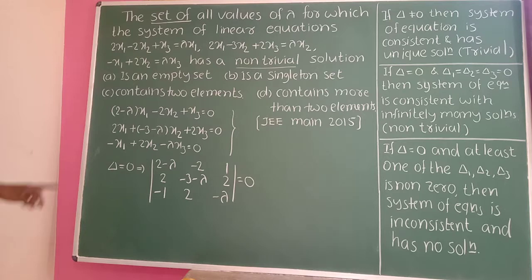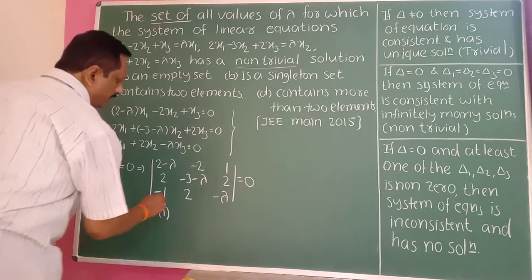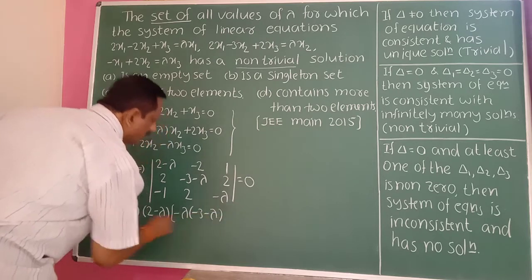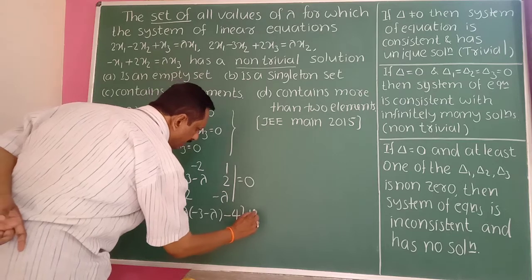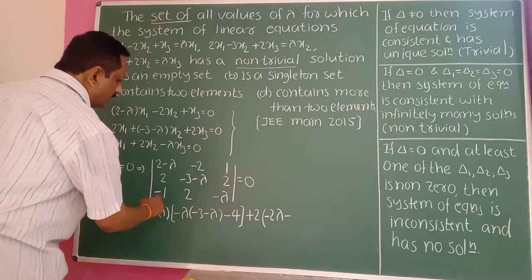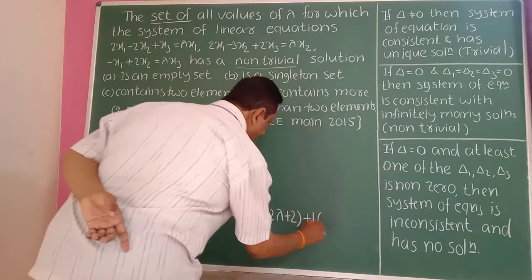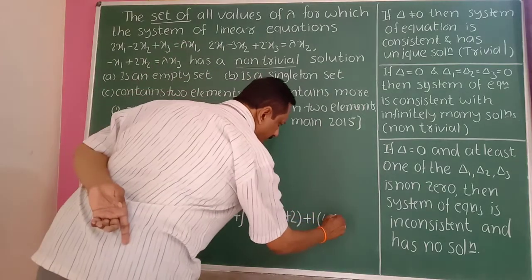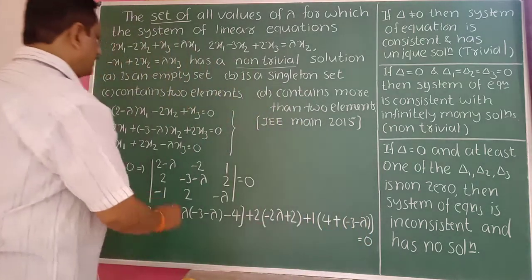Now you simplify. So this implies 2 minus lambda into minus 3 minus lambda into minus lambda, minus of lambda into minus 3 minus of lambda, minus of 2 into 2 times 2 is 4, so write 4 in the bracket here, minus of minus becomes plus 2. 2 into minus lambda is minus 2 lambda, minus of minus 1 into 2 is minus 2, plus 2, then plus 1 into bracket 2 times 2 is 4, so write 4, minus of minus 1 into this, minus into minus becomes plus, so minus 3 minus lambda minus 3 minus of lambda is equal to 0.